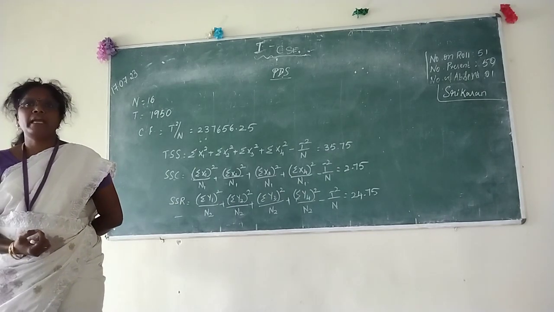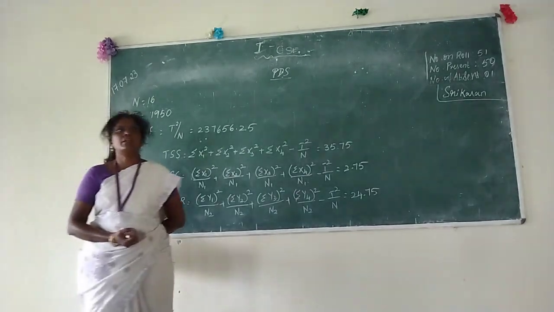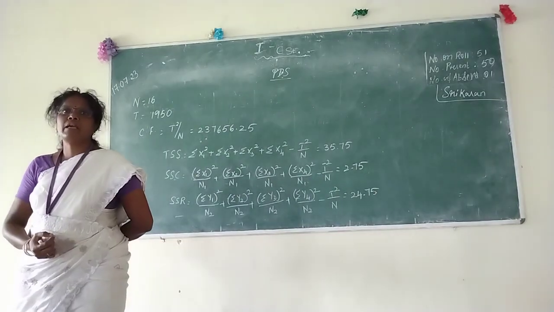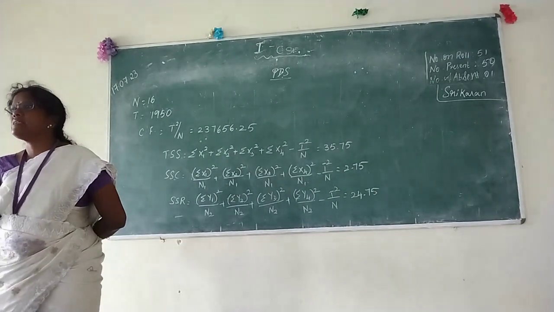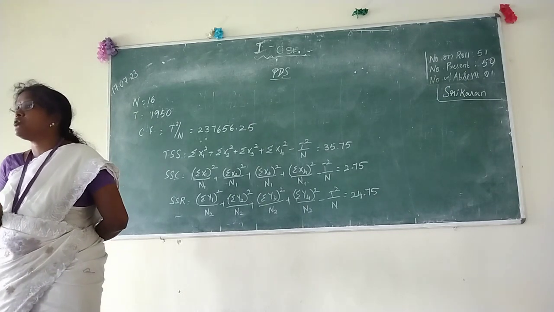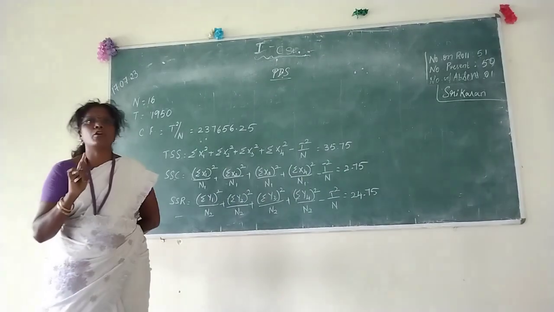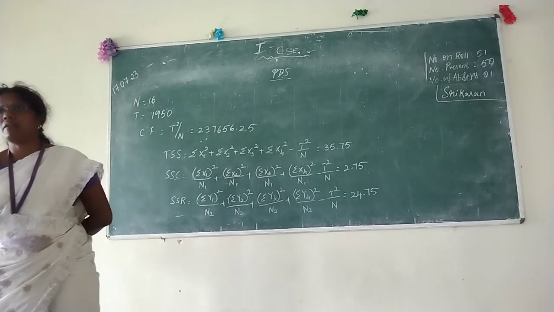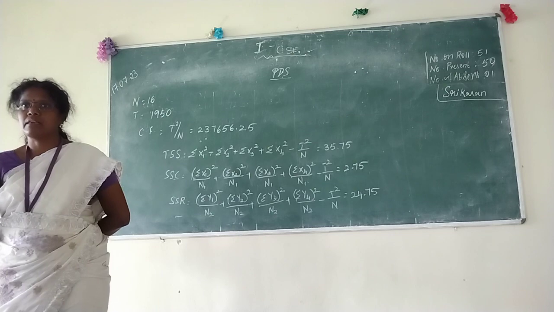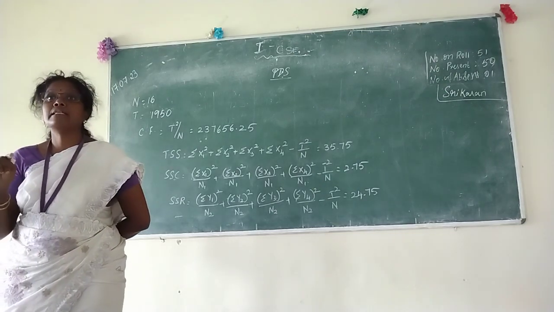So after this is the same procedure as we did in 2-way. Now you are going to analyze our third factor for the treatments, that will be called our SSK. To find SSK, you have to rearrange the given data in the order of the treatment. Till you find the row sums, no changes. But to find the treatments, you have to rearrange the data in the order of the treatment. What are the treatments given? P, Q, R, S. Collect all the values of P, Q, R, S and write it row wise. Using that total only, we are going to find our SSK.